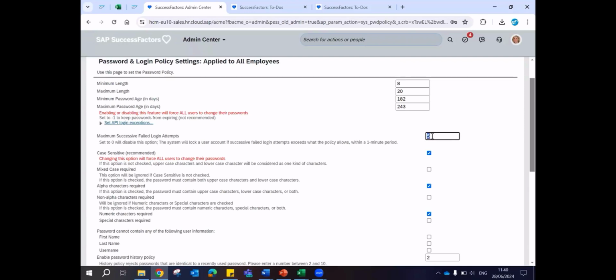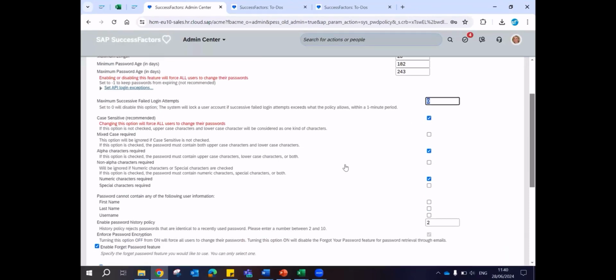So you can change it to a required number. If you don't want locking at all, you can keep it at zero. Here it says set to zero will disable this option. So if you keep it at zero, even if you give a wrong password 100 times, it doesn't lock. And then you have the different attributes in terms of case sensitivity, whether the password should be